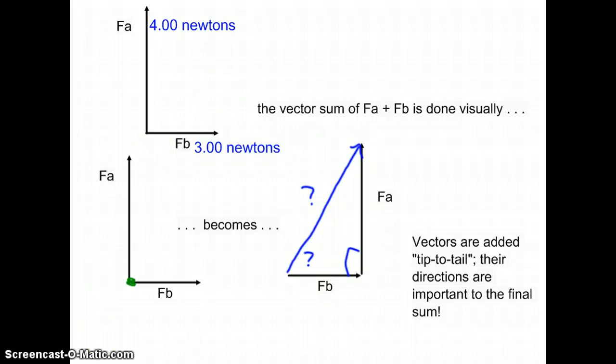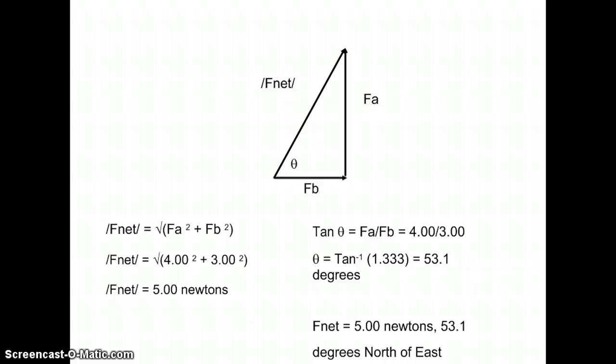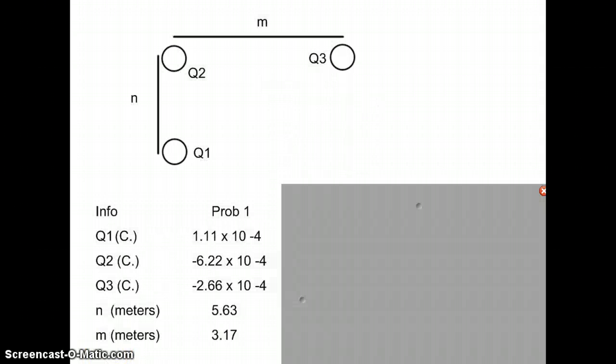So here is the solution to the 3, 4, 5 right triangle, showing how we would use the Pythagorean theorem and the inverse tangent function to get a complete answer of 5 newtons at 53.1 degrees north of east. Having built up an understanding piece by piece with a number of small but understandable steps,